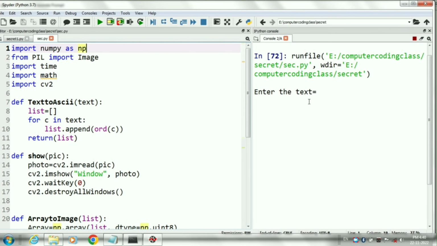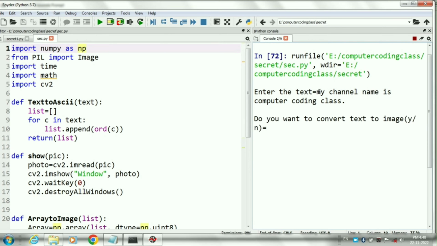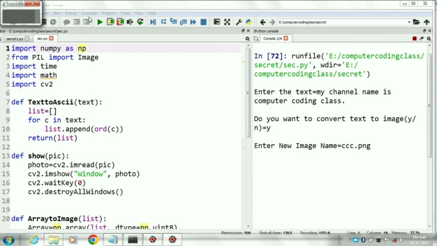Now in the output window I am entering the text. My channel name is computer coding class. Next it will ask, do you want to convert text to image? And if you press yes, it will ask for the image name and convert this text into a PNG image. PNG image is